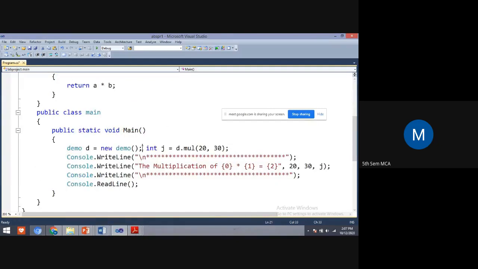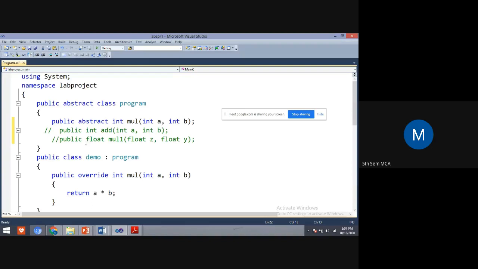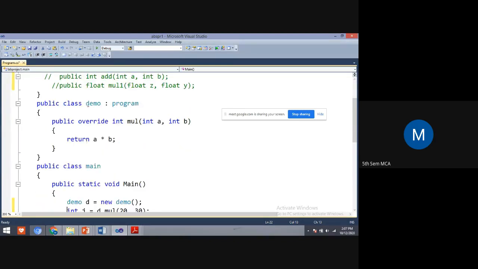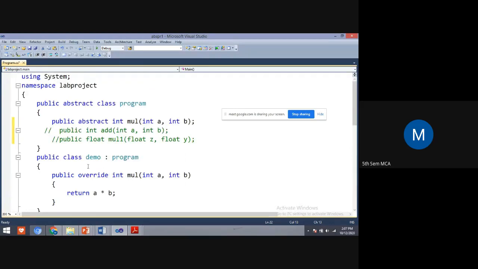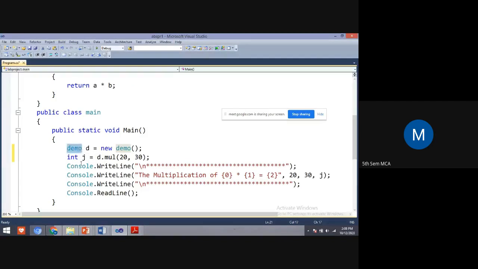Coming to this main program, create an object for the class. See, here I have two classes: the abstract class program and the derived class demo. Yes, students, I have created an object for the demo class.